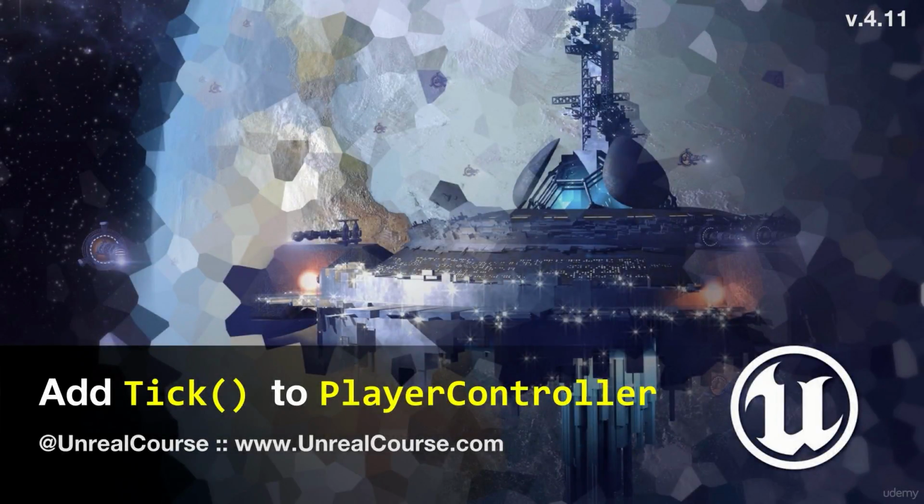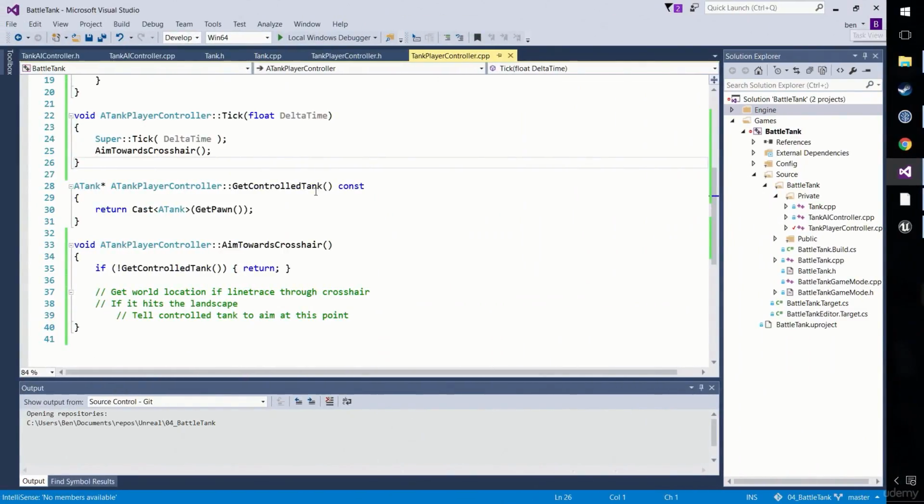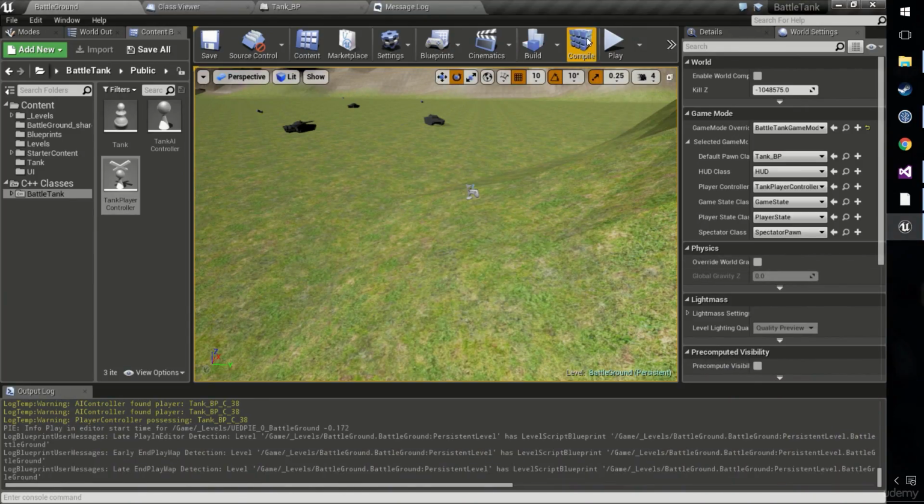So in this video, we're going to add tick to a player controller, a simple code change, and by the end of it, we'll have something like this, where we've added a tick method in, and we'll be requesting an aim towards the crosshair every frame, and then we've got a little bit of pseudocode for what that'll do. We won't quite get to it in this video, and the idea is we're setting up for, in our game,